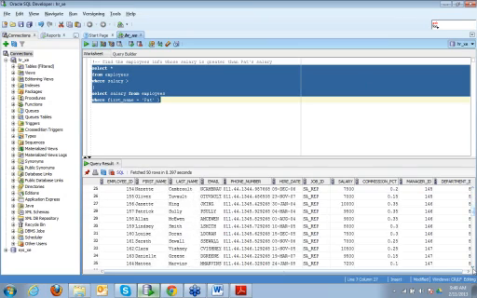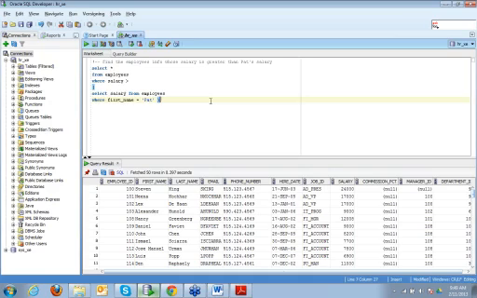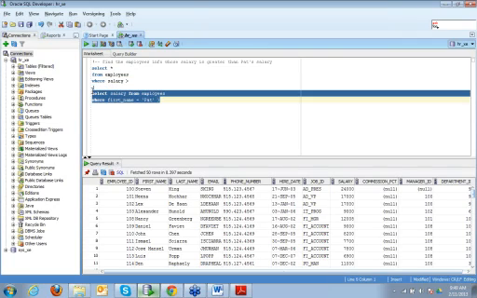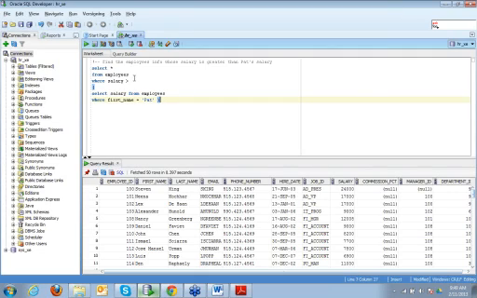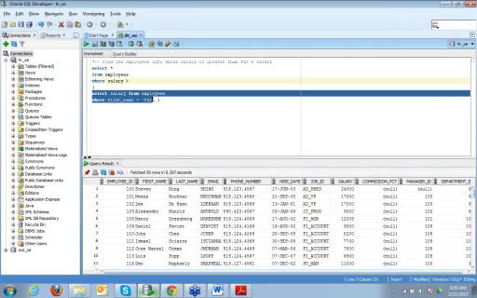So how are subqueries actually executed? The innermost query is executed first, just like nested functions. The innermost function is executed first, and the output of that function is given to the outer function, right? The same way, the innermost query is executed first and the answer is passed on to the outer query. Here it is called a single row subquery because the result of the subquery is a single row, just one row. It cannot be multiple rows.